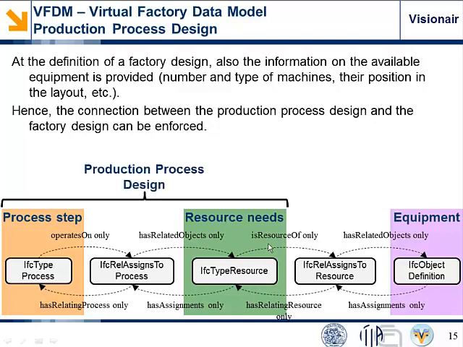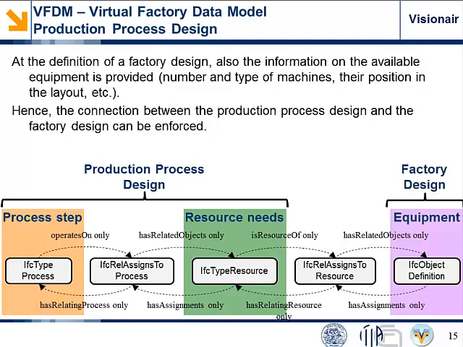So this is the way we join together the theoretical design, so the recipe we use to define the process, together with the physical part of the design, that is the specific machine we have in a plant and their